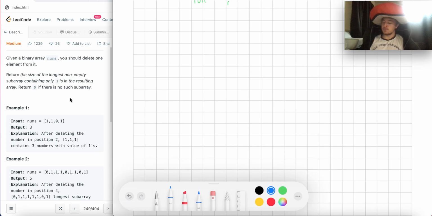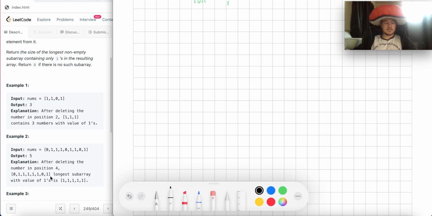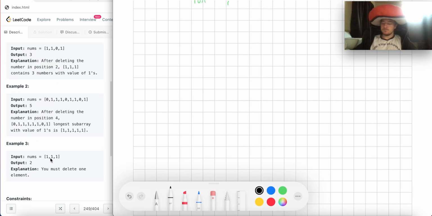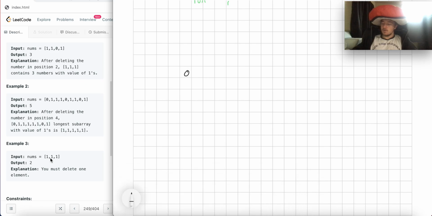So if we model this problem as a kind of graph, so let's look at this one because it's a little more involved. So we have 0, 1, 3 ones, 1, 1. I swear that this is actually hurting my head, like it's putting a lot of pressure on my brain or something. It's weird, but